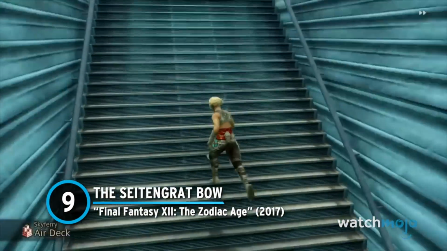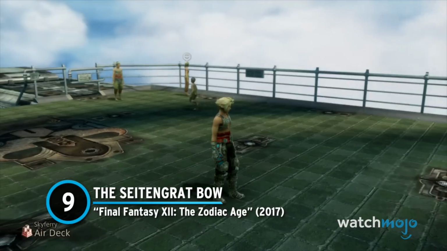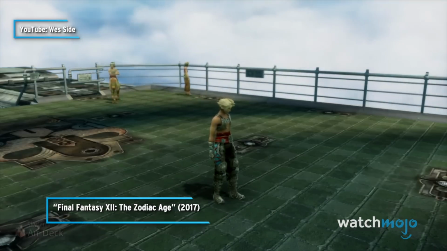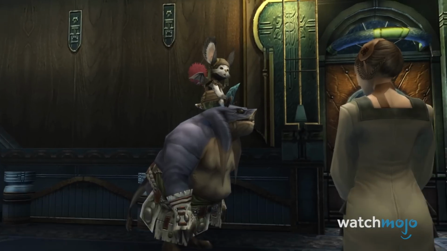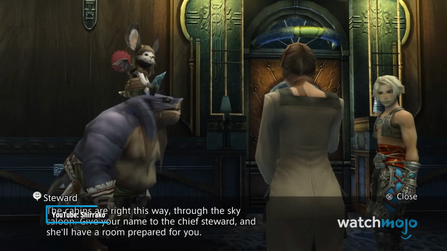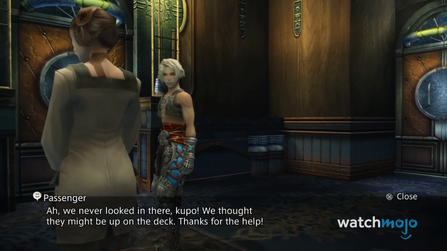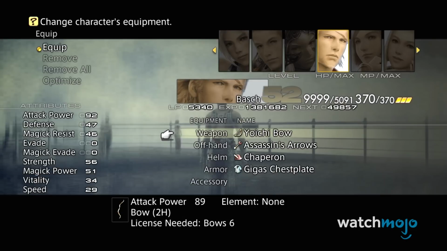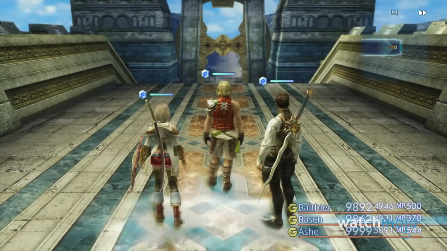Number 9. The Seitengrat Bow, Final Fantasy XII, The Zodiac Age. The Final Fantasy series features a ton of items that require either an exhaustive amount of work or extreme luck to get. In Final Fantasy X, dodging 200 lightning bolts in order to get the Venus Sigil proved too infuriating for most players. But in Final Fantasy XII, The Zodiac Age, Square Enix included a weapon you'd have no idea